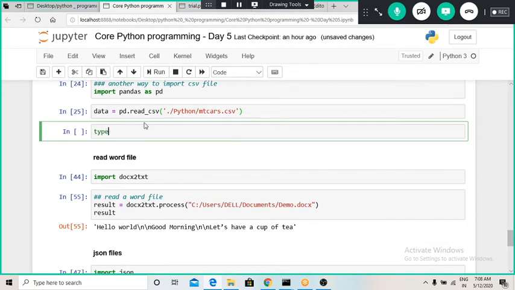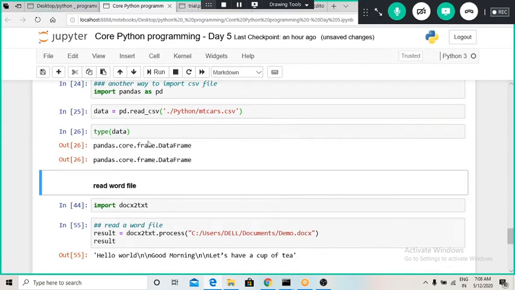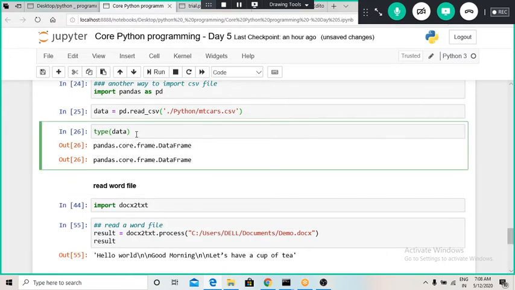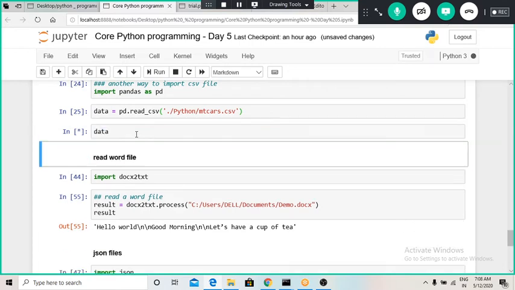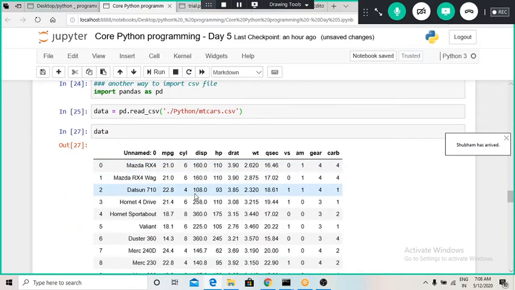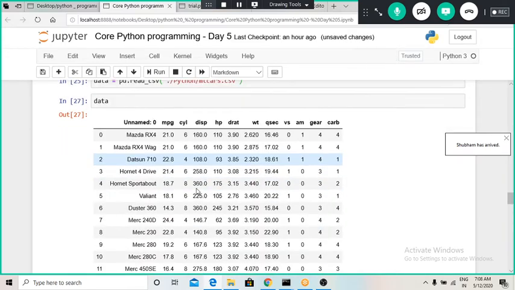So for getting a variable type, we have to use this type command. After using this command on data, we can see the data type of this particular variable is pandas core frame DataFrame. Okay, so this is the data type of this particular data. Now we can print this entire data using a print statement like this, print data,